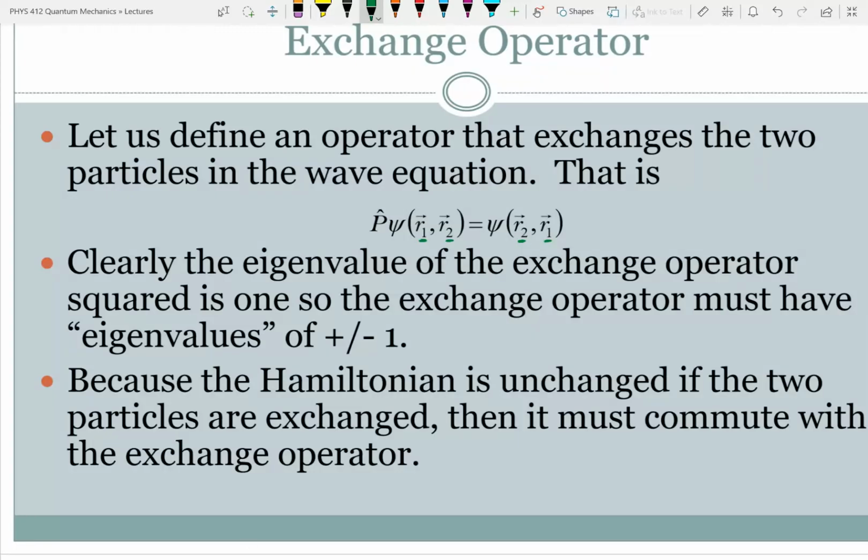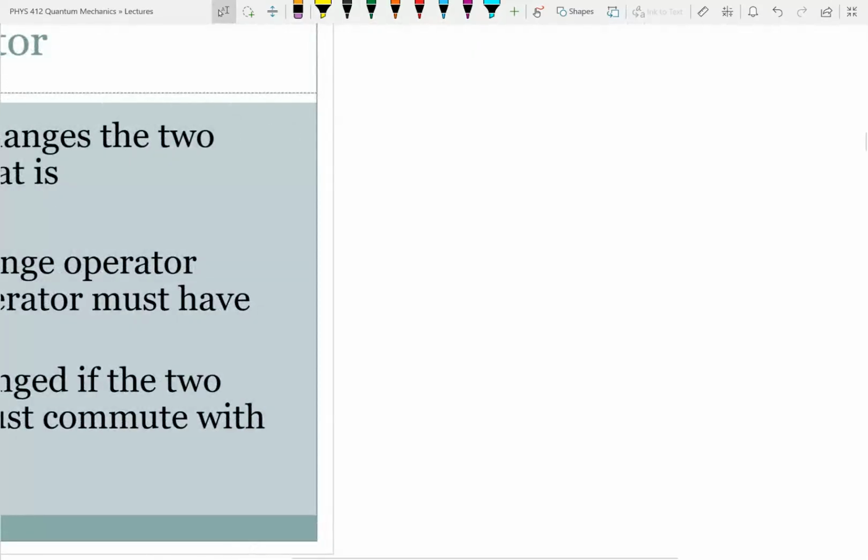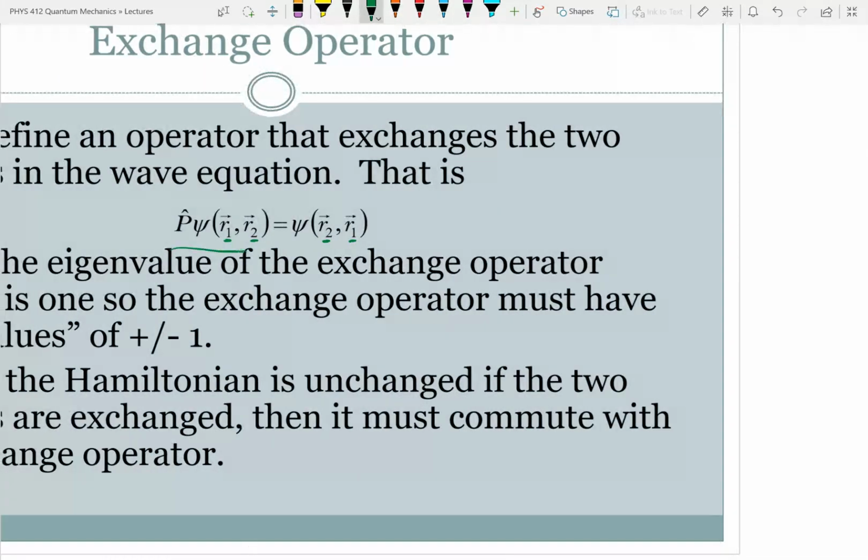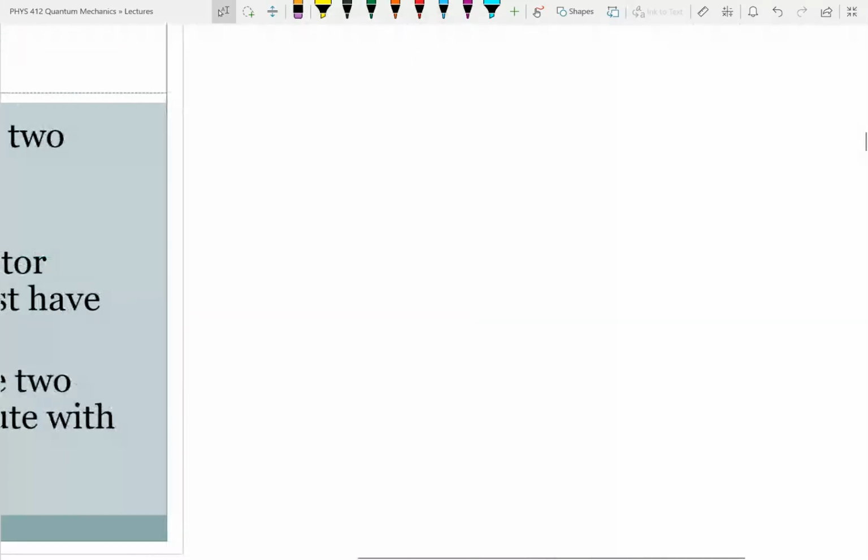It could be plus or minus 1, because if you exchange them, let me just go through that to make sure you understand. This equation here shows one of the two possible outcomes. So I really should have written it this way, and I'll show you why. You have the exchange operator